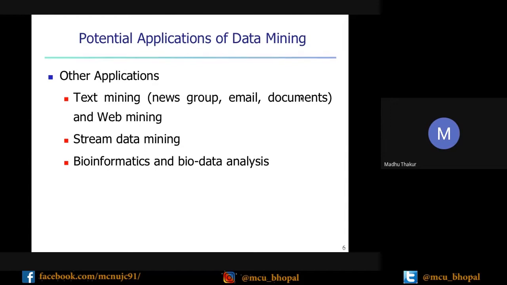Streaming data mining nowadays is very important, as all of you know, because online we are working on online data or streams of data. Nowadays there are driverless trains and driverless cars running. How is this possible? When you are analyzing the online data and giving feedback to your machine, or guiding your machine, or handling online traffic, for this streaming data mining, the application of data mining is very important.